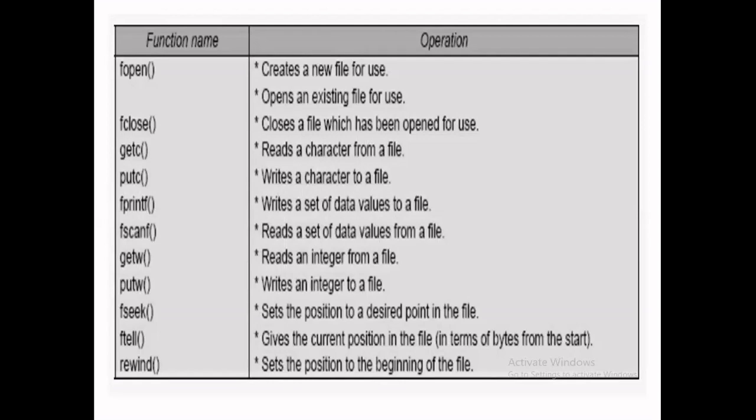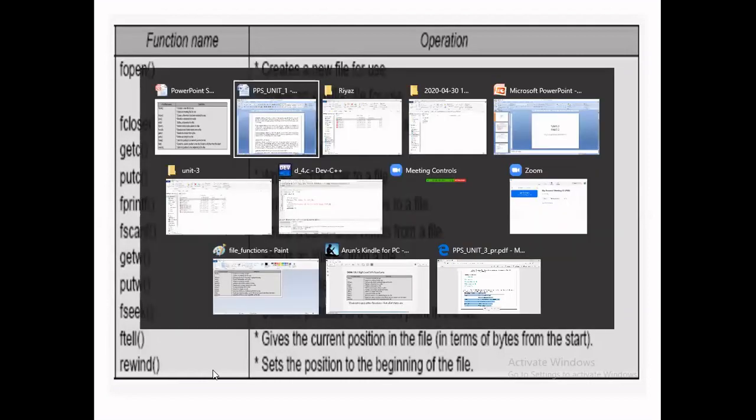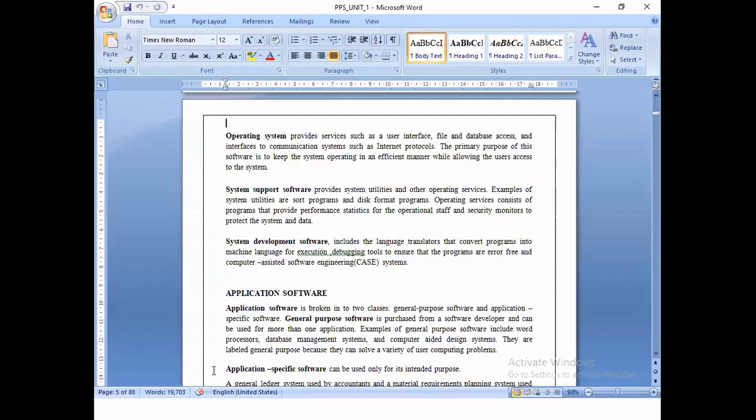Next, come to the last three parts: fseek, ftell, rewind. Fseek deals with the position of the pointer, the position of a particular point. For suppose here, how many pages are there? 88 pages. Out of 88 pages, what is the blinking pointer? It is a particular intermediate point. It is either the topmost character or bottommost character, anywhere in the middle. So that is a particular location.